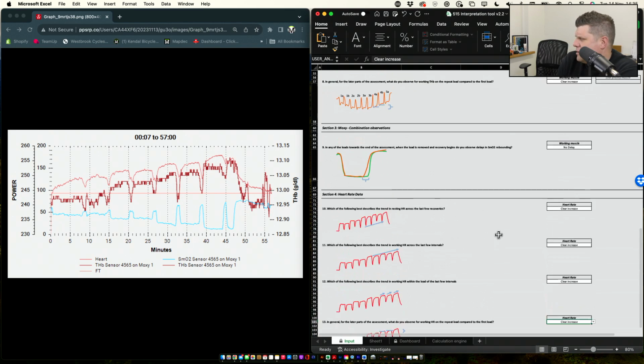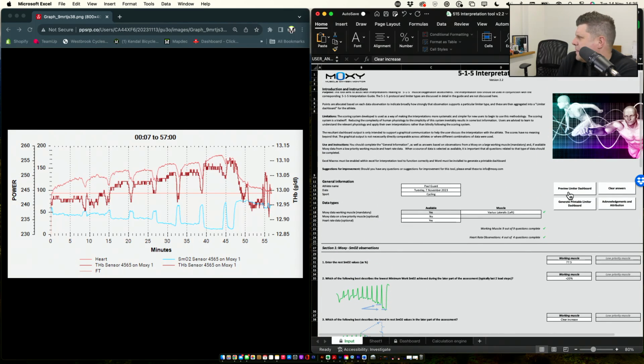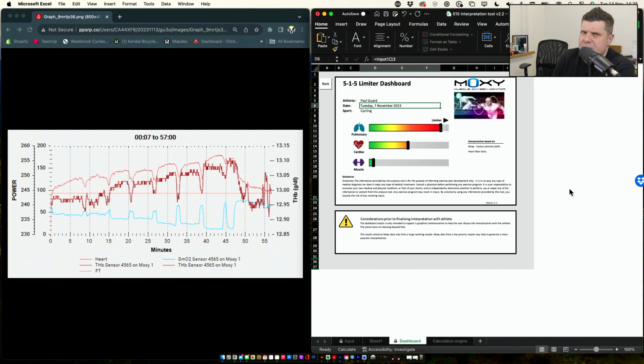So once we've answered all those questions, we can come back up here and click this button that says Preview Limiter Dashboard. And it's going to crunch your numbers and you're going to get this generated for you. So this is the really cool visual representation that I said. This is the limiter. Now, the further along the graph it is, the more it is limiting your future performance. So in this case, it's identified pulmonary as Paul's biggest limiter, if you like, but cardiac is not insignificant,